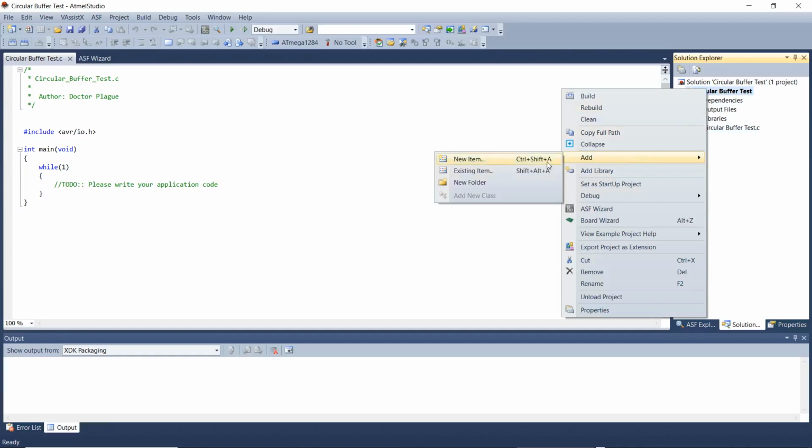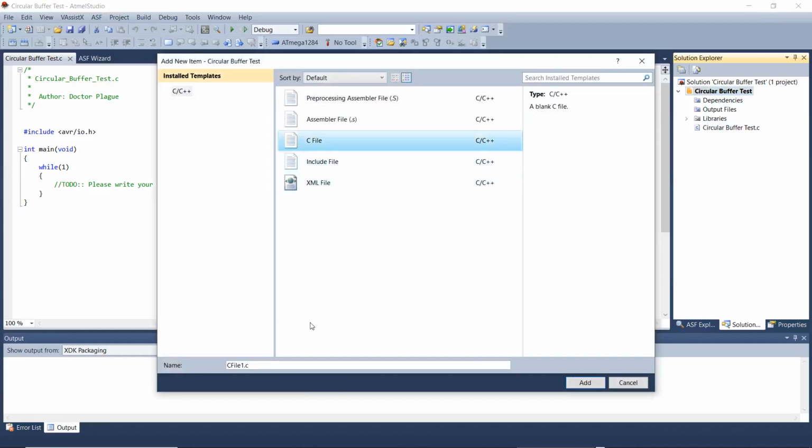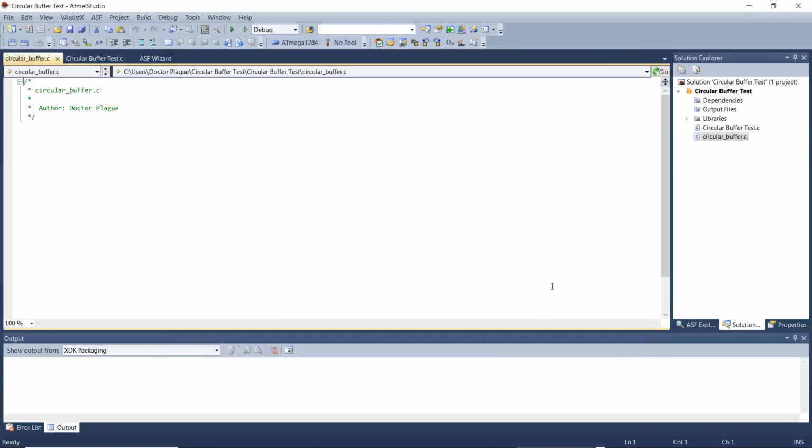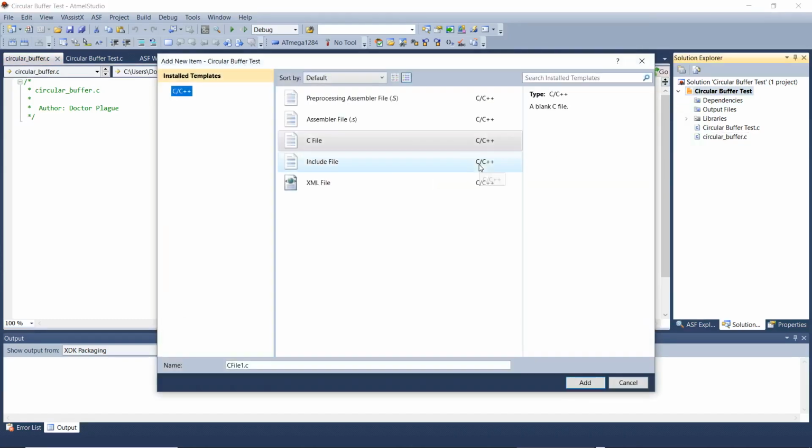I'll create and add 2 new files to this project. One will be a .c source file, which I'll name circular_buffer. And the other will be a .h header file, also named circular_buffer.